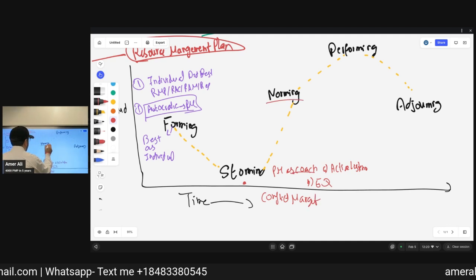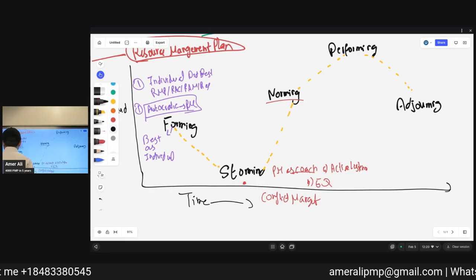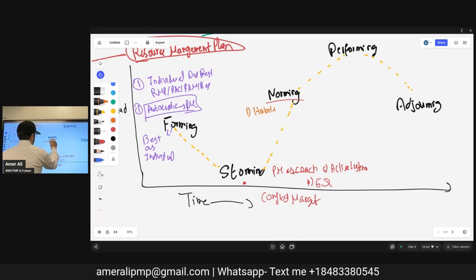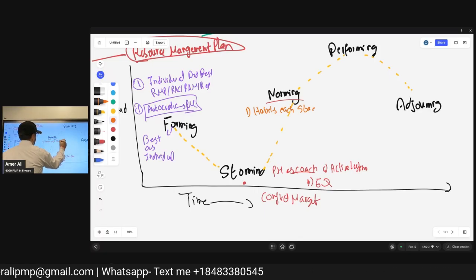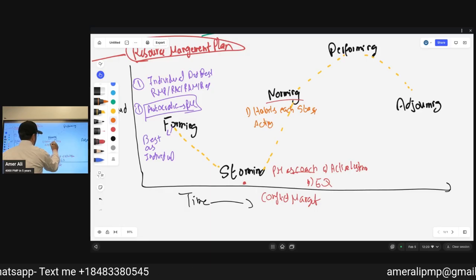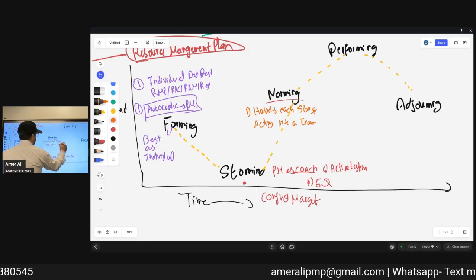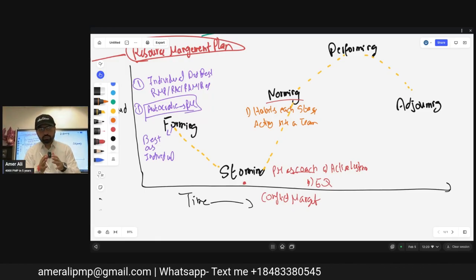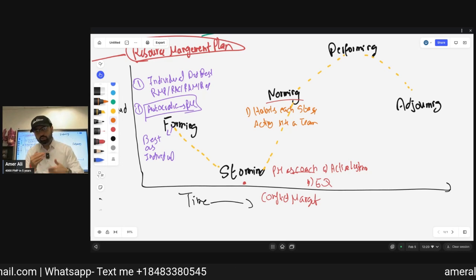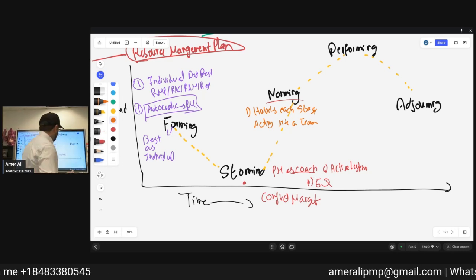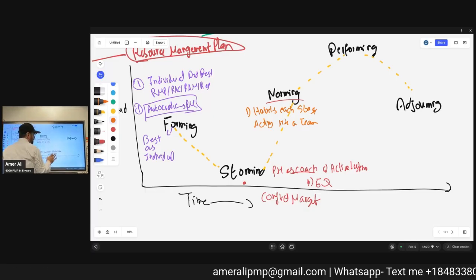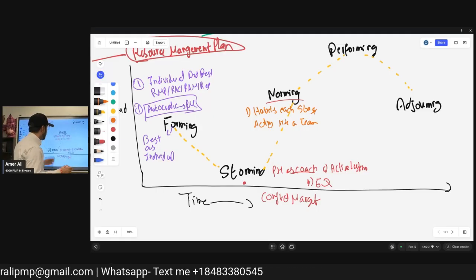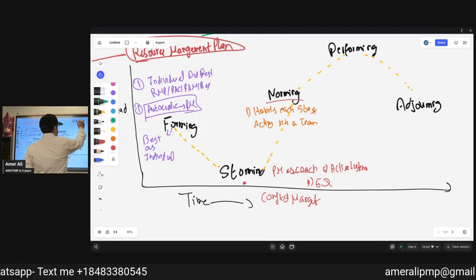Okay. In the norming stage, now the team is understanding each other. They understand the habits of each other. Very interesting stage. They are acting like a team. They have accepted the leadership of each other, habits of each other, but you still need to understand them. You still need to make sure they are on the right platform, guide them, coach them, work with them. Here the project manager still works as a servant leader, coaching them, as a transformational leader, working with them along the direction.